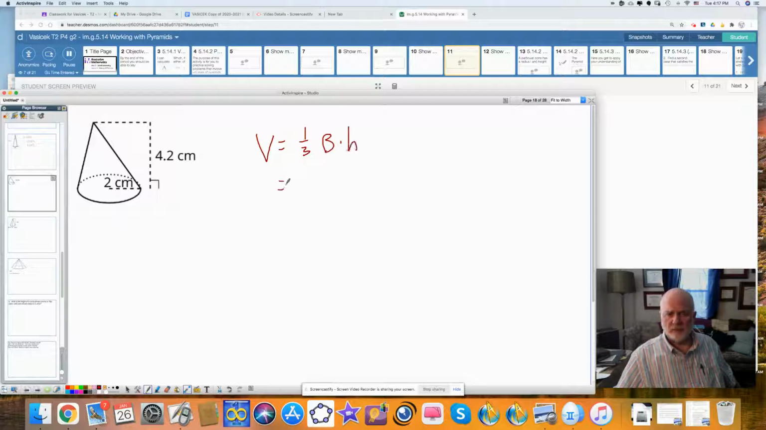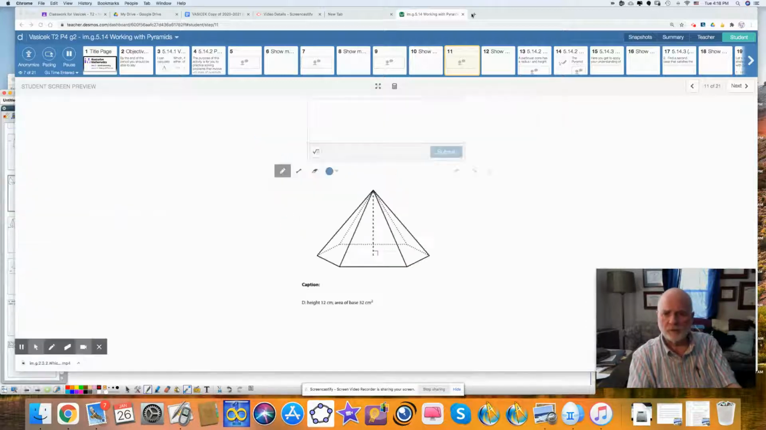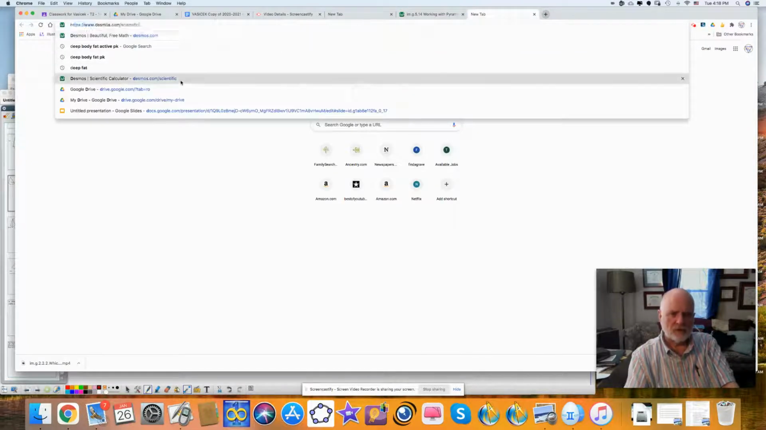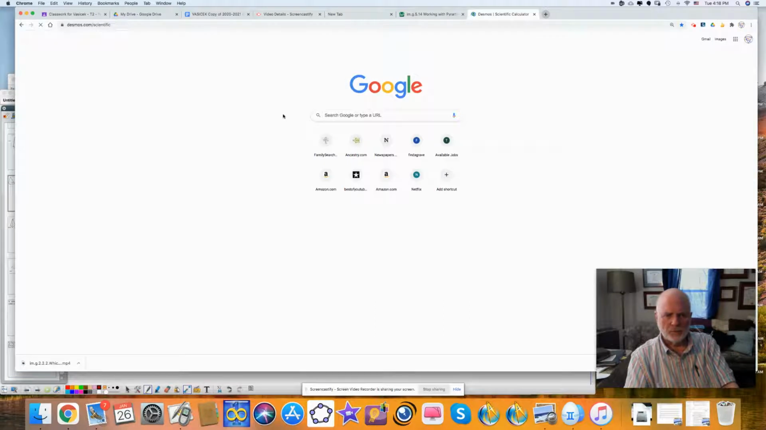The area of the base is a circle, so that'd be 1/3 times pi times the radius squared, which is 2 squared, times the height, which is 4.2. And if I plug this into a calculator, which I will do, I'm going to have to call up my calculator, Desmos Scientific Calculator, and I'm going to do